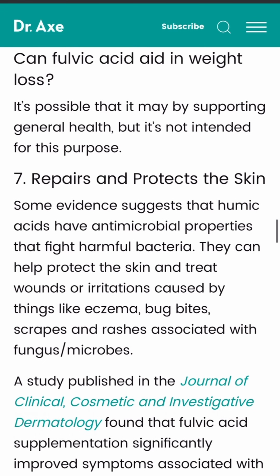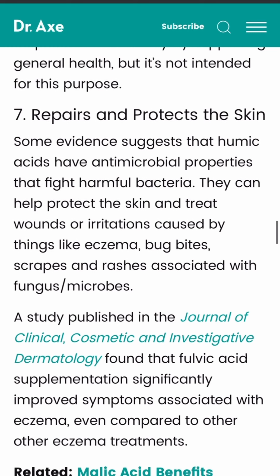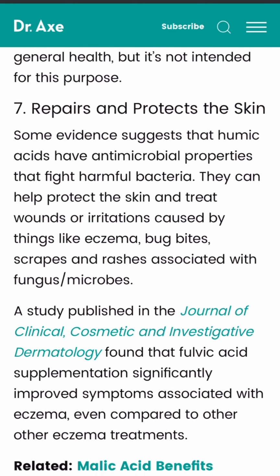7. Repairs and protects the skin. Some evidence suggests that humic acids have antimicrobial properties that fight harmful bacteria. They can help protect the skin and treat wounds or irritations caused by things like eczema, bug bites, scrapes and